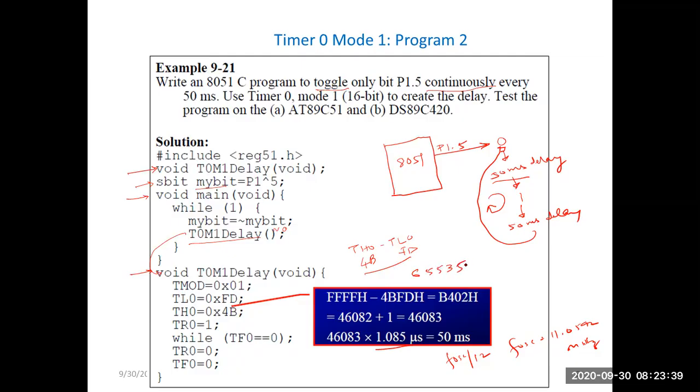65535 minus (n plus 1) into 1.085 microsecond. If we reverse this formula, this is the time delay generated if we load the hex equivalent of n into TL0 and TH0. In the first step, I have to divide this time delay by 1.085 microsecond. Then, whatever value comes,